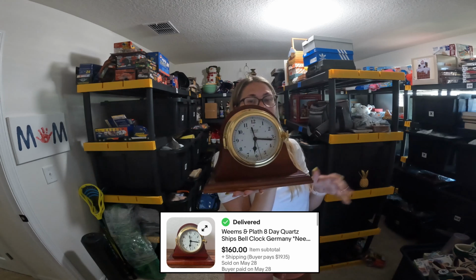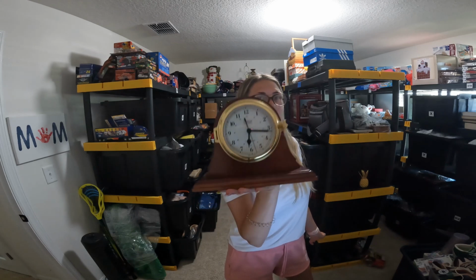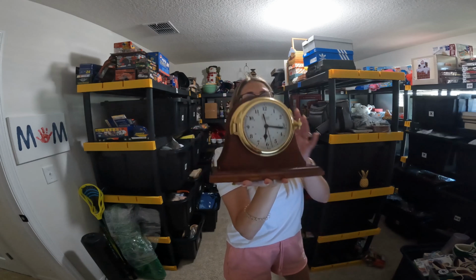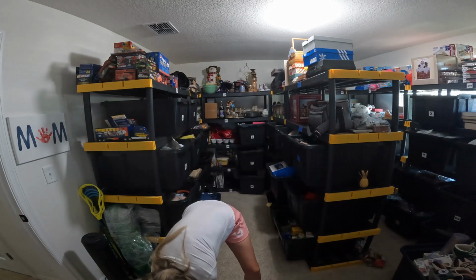$160 plus shipping. Never heard of it, never would have even looked at it if I'm being honest. This is why Adam's mostly a better picker than me. $160 plus shipping. I paid $5 for it and it doesn't work as far as I know about it. So that's really good. On the cease and desist though, I did message them last week sometime, because I